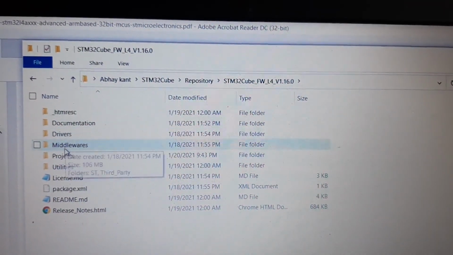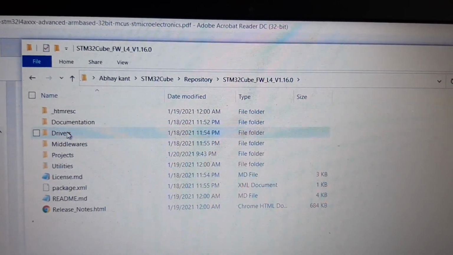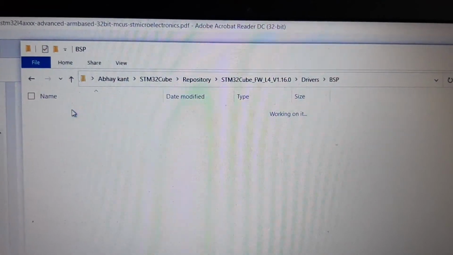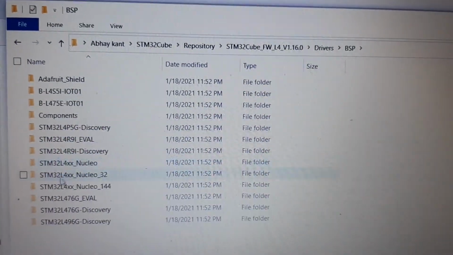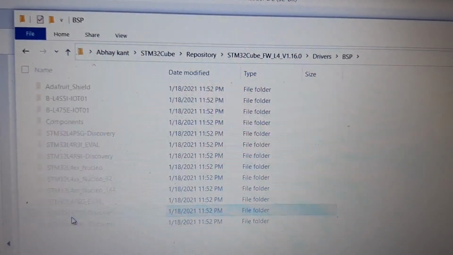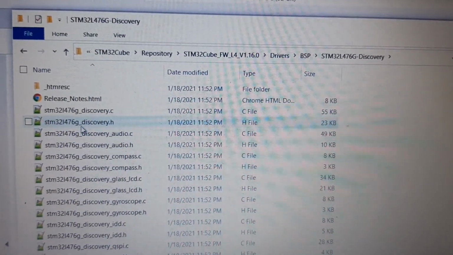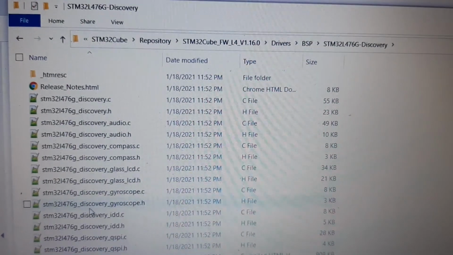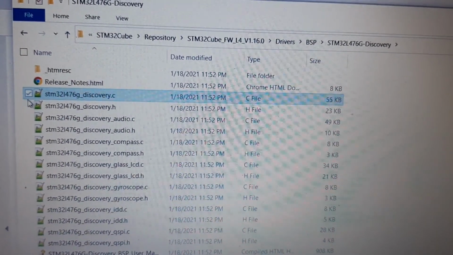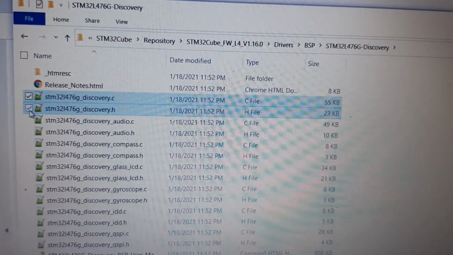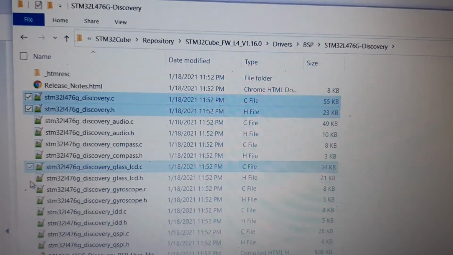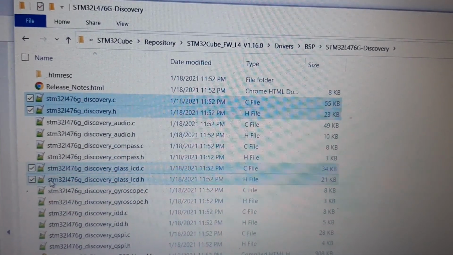You need to go into your Drivers, then BSP, then select STM32L476 Discovery. From these files you need to select the discovery.c and .h header files and the glass files.